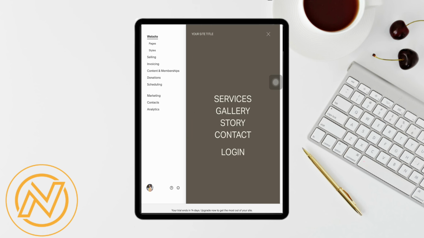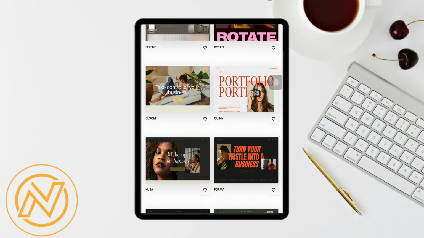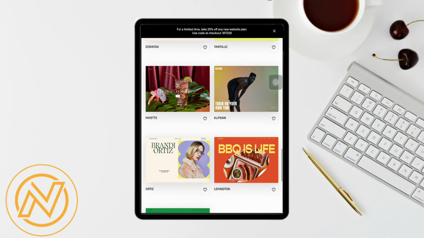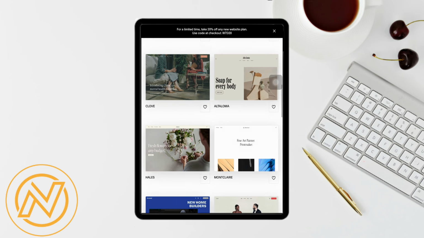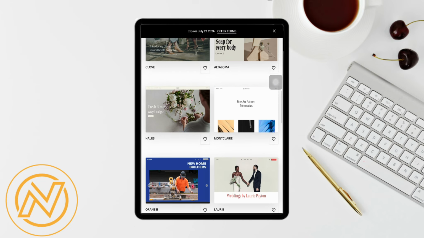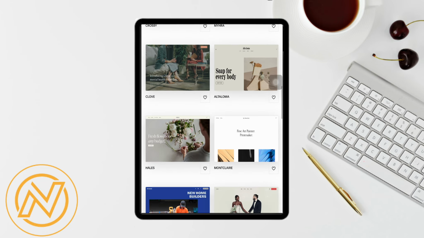and just simply go back to the home page again, and from there just simply scroll down and see all the templates that are available, and just select the one that you would like the most. So there are so many templates that you can choose and change with the current template that you are using. So this way you will be able to change templates in Squarespace while building a website.